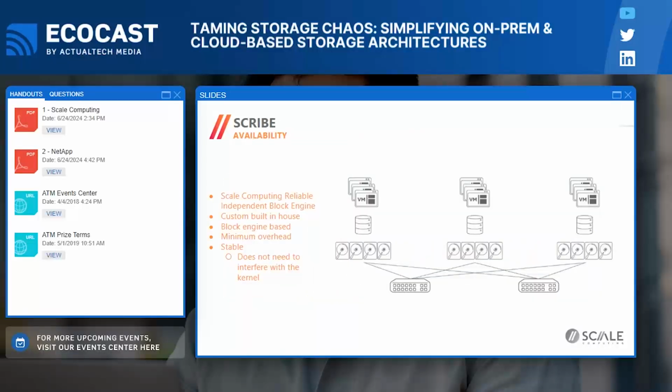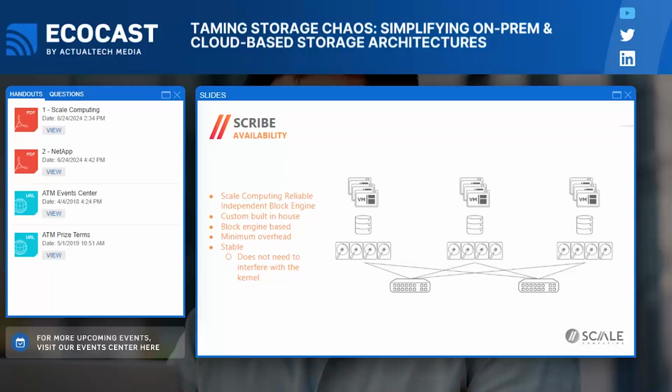So at the core of the storage portion of Scale Computing Platform is Scribe, and that's our Scale Computing Reliable Independent Block Engine. This was developed because at the time there was really nothing that fit the bill. We had used several off-the-shelf solutions and attempted to adapt them to what we needed, but nothing really fit the bill. And really, it came down to the footprint as far as resources are concerned, the reliability, the atomic nature of making sure that the data is confirmed from one end to the other.